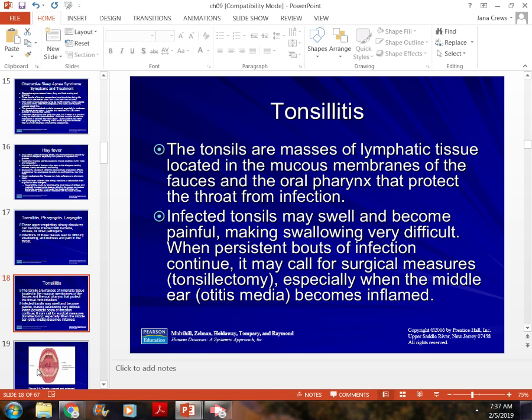Sometimes they just become infected, swollen, red. Sometimes it'll even impact the lymph nodes. You guys know that if you have tonsillitis, you have a very bad sore throat. You don't feel like eating or drinking much. People who have multiple issues with tonsillitis or strep throat over a year period, or multiple ear infections related to enlarged tonsils or inflamed tonsils that don't go back to normal size, sometimes end up having to have those removed. They end up having to have a tonsillectomy.